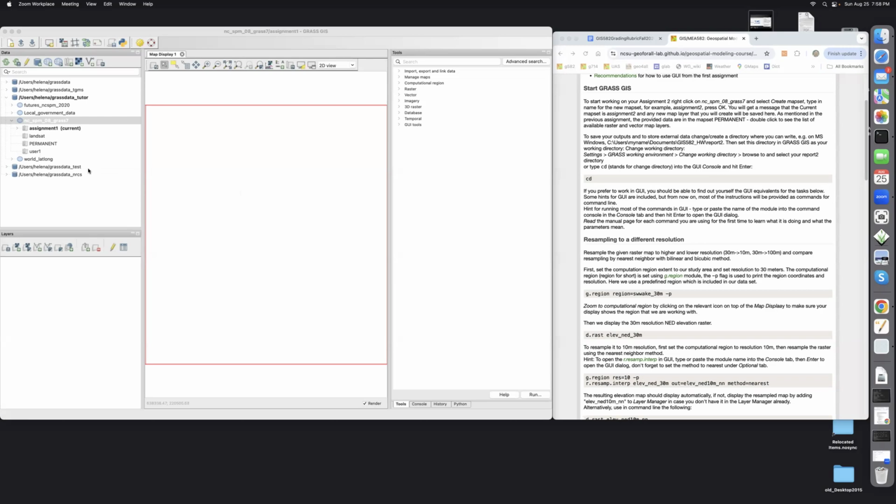In this assignment, we will explore properties of operations that are important when we prepare data for modeling. So to get started, let's first create a new map set for our assignment 2, because we will be generating a lot of new